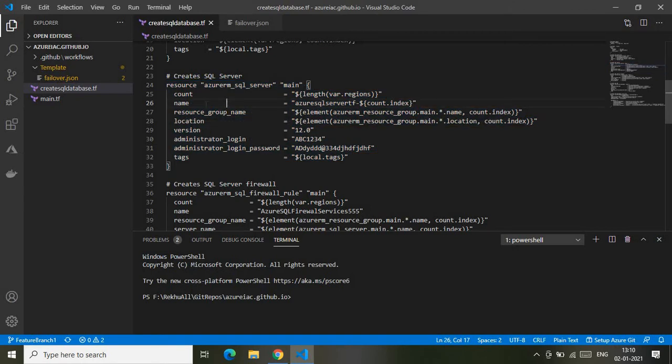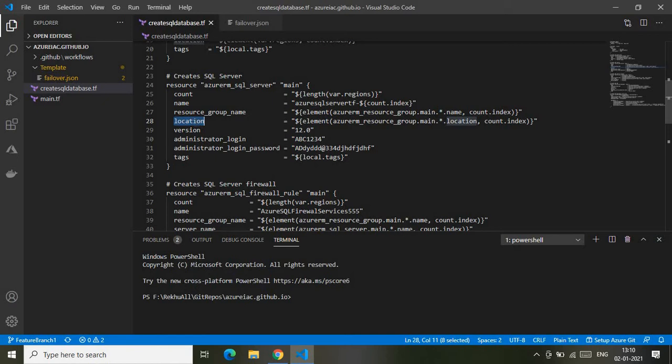Then the next one is the name of my SQL server. I'm generating it dynamically because I want 2 SQL servers, right? One to host my original SQL database, and the other one to host the SQL failover purpose. Let me explain what the SQL failover group is in the code below. And this is the resource group. Again, I'm adding the required resource group value dynamically, and the location value is again retrieved dynamically.